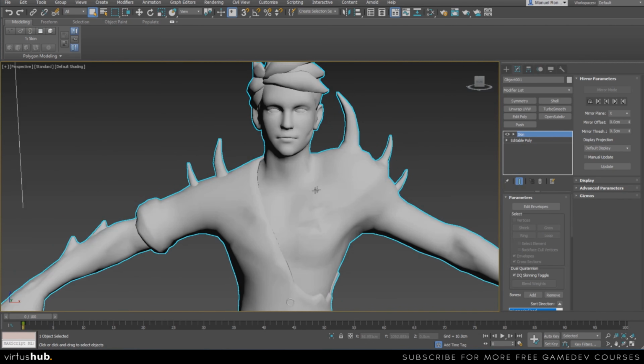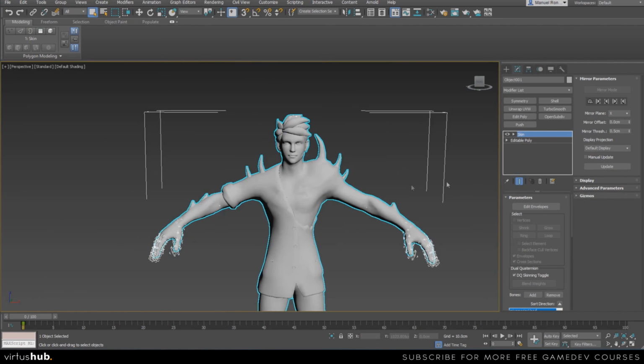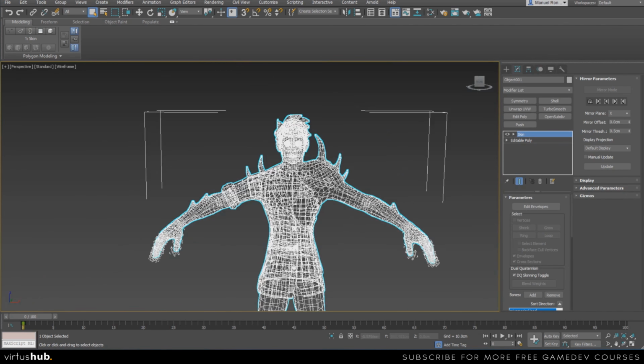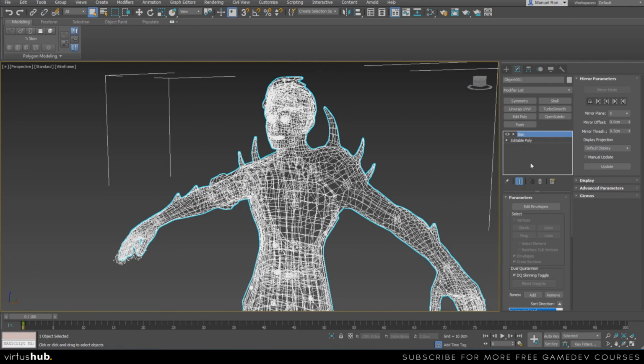So one of the things that I like to do is go into wireframe mode just so I can see my bones. Here in 3D Studio Max, you're going to see that there's something called Skin. This will be the modifier that assigns the weight and the values to the vertices, from the bones into the vertices. Maya also has a skin, although it's not looked at as a modifier, but you'll also see there are skin features. So for this to work, we need to click on edit envelopes,